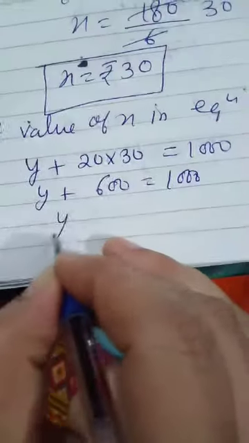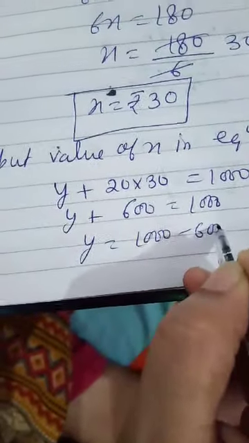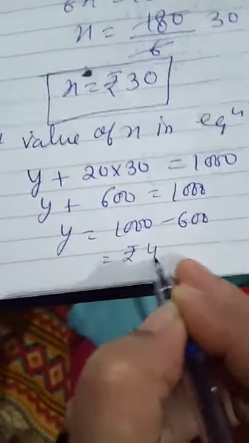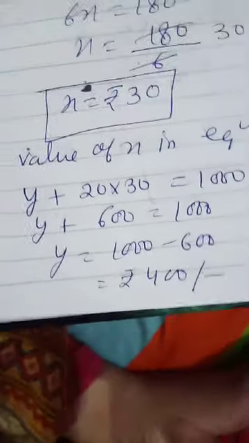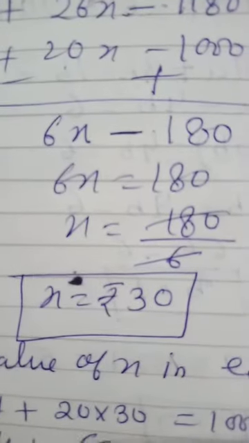So y is equal to 1000 minus 600. So ये rupees 400. So fixed price 400 and cost of food per day is 30 rupees. Hence the answer is